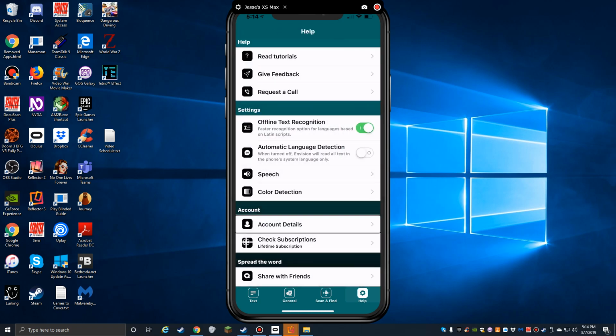Account. Account details button. And there you have your account details. Check subscriptions. Lifetime subscription button. So if you go in here, I'm not going to do it in case it shows my information, but